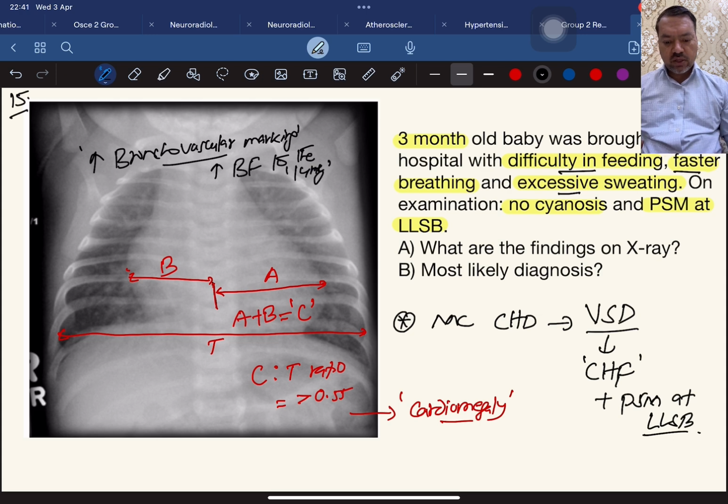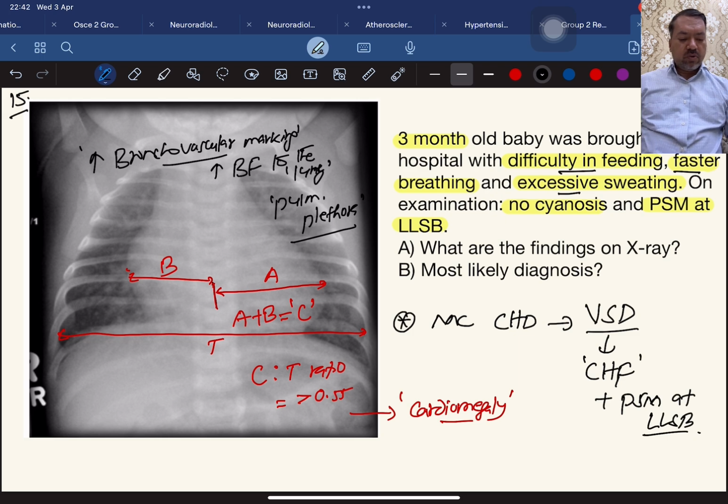You understand? Increased blood flow to the lung is called pulmonary plethora. This is the important point. Now the most likely diagnosis, of course, is VSD. Now one common question which will be asked to you here is this: